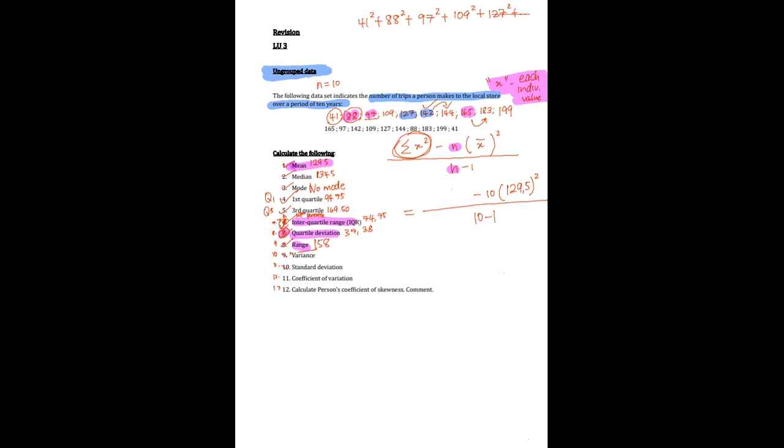When you add those up, that gives you the sum of x squared, which in this case is 188,059. So that becomes your numerator here, 188,059. When you put this entire bit into your calculators, 188,059 minus 10 times your mean of 129.5 squared, over 10 minus 1, that would give you